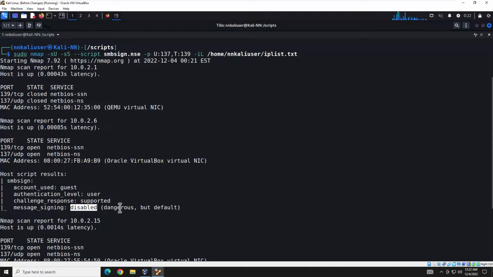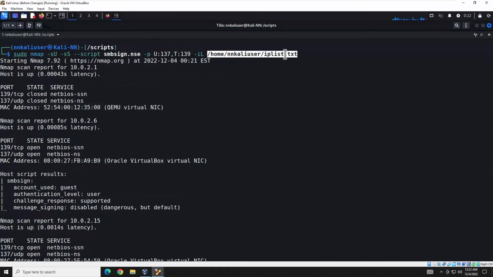So this is a machine we'd want to go out and enable SMB signing via the registry to get rid of this. Now this is helpful. Let's say you needed to run this on a whole network and you didn't have the funds for a scanner. You could actually run this same exact command, but put your entire subnet here instead of this IP list,